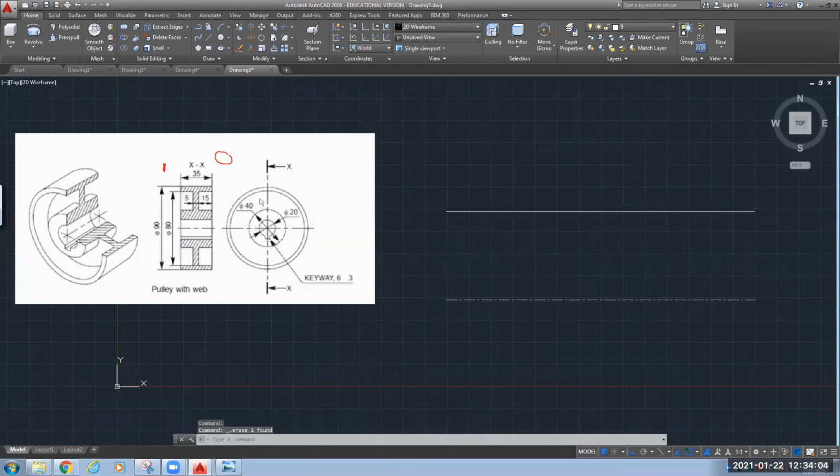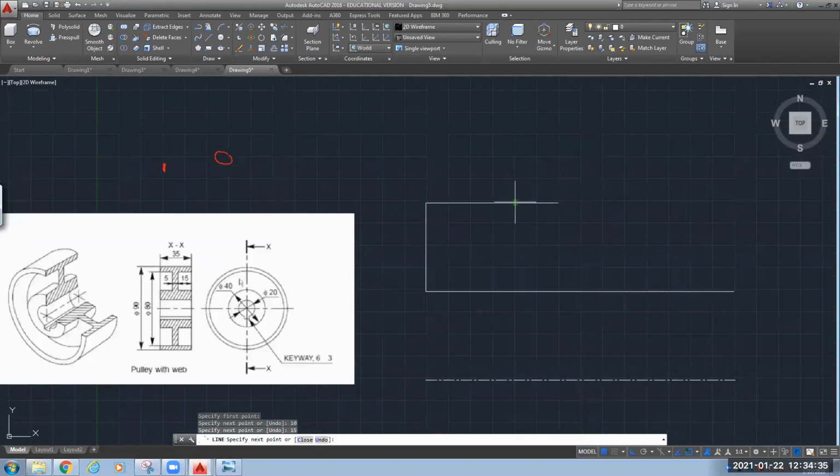Now after this, what is this thickness? This is your 20 and this is your 40. So the difference is 20, so one side it will be 10. You can make a line from this point in this direction, keep it as 10. In this direction, you need to move 15.